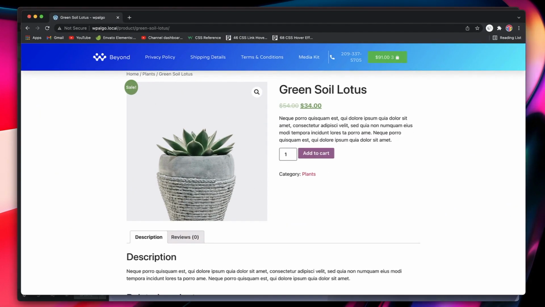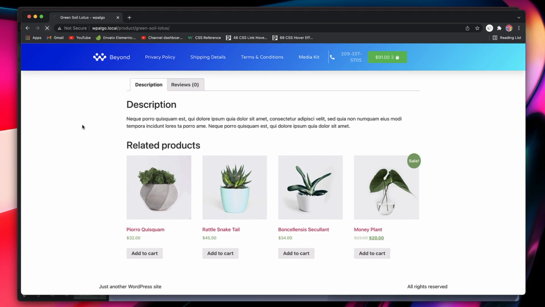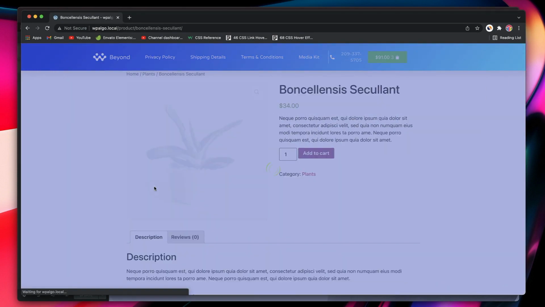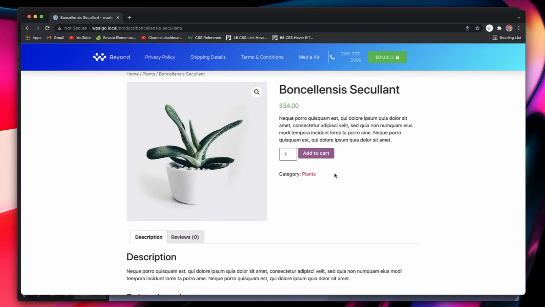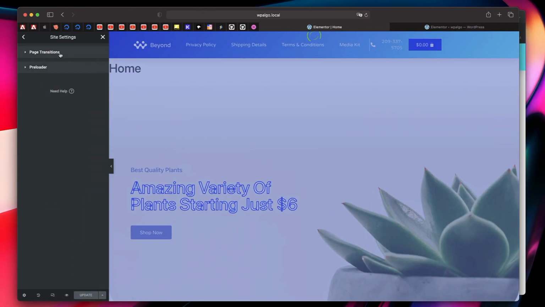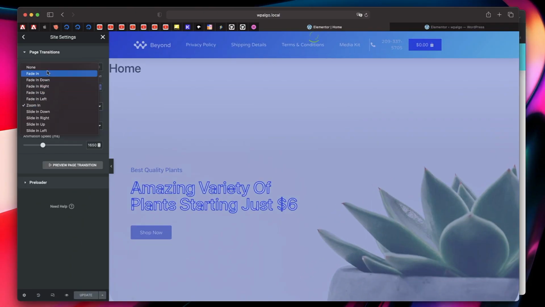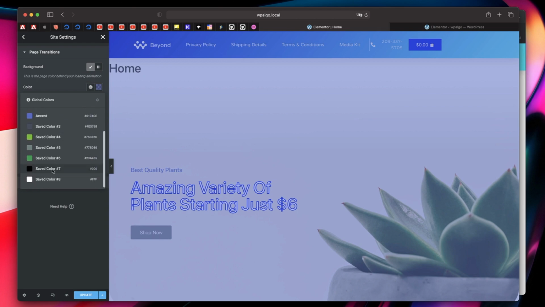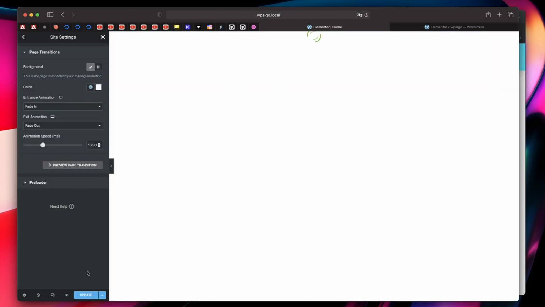Now you can open up any web page, reload your website, clear your cache, and just like that you see the animation in action. If I move from another product page, you can see that in action. Really neat, right? You can choose between different page transitions, zoom in, zoom out, or maybe fade in and fade out. You can also preview this. It's very subtle. You can also choose to not have a background, or you can choose to have a white background so that your preloader is clearly visible.